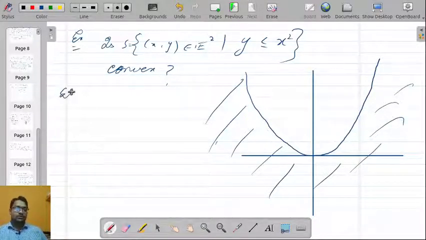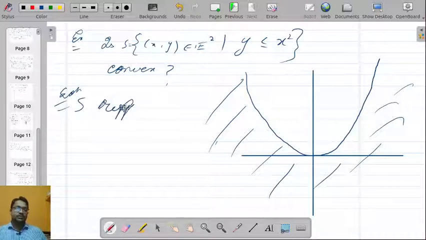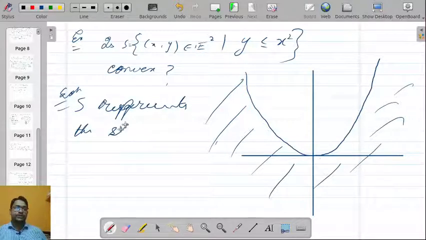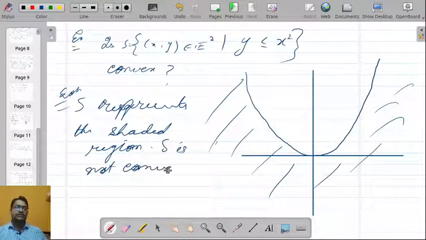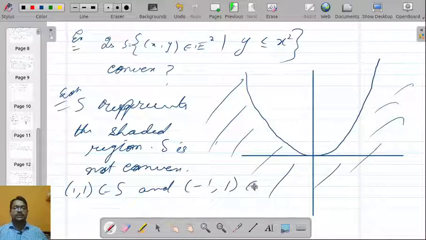So solution: S represents the shaded region, and S is not convex. We can just give a one line justification. Say (1, 1) is an element inside S, and (minus 1, 1) is in S, but the line segment